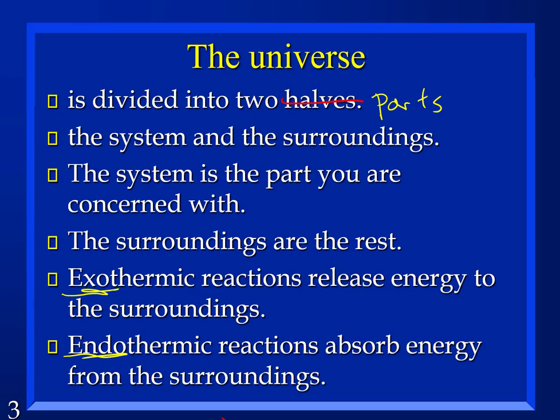Okay, so notice it's the same heat but a different direction. It depends on what you pick as the system. If I pick the flame to be the system, the heat's going out. If I pick my hand to be the system, the heat's going in. Does that make sense? So it's all about defining the system and then saying which way is it moving. Is the heat going out or is the heat coming in? The energy, do I have to put energy in or do I get energy out?